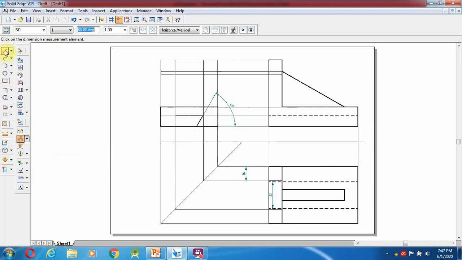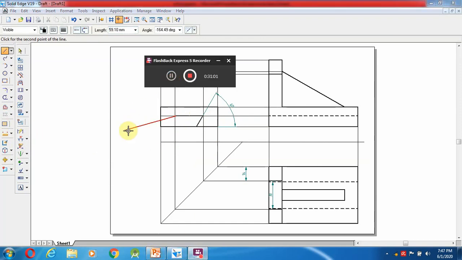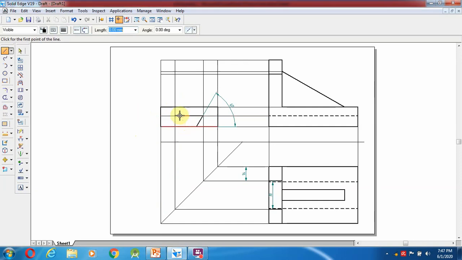So same like on this side also, from here, now it comes as 60 degrees, which means 90 plus 60. So from here I think minus 60, we will try it.